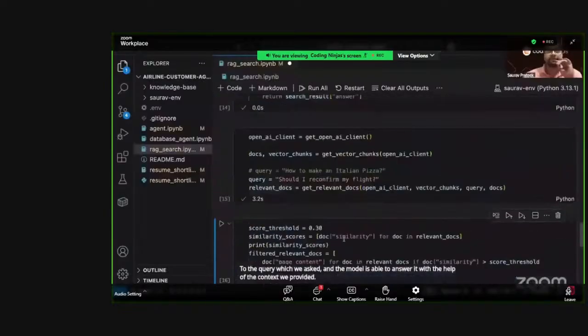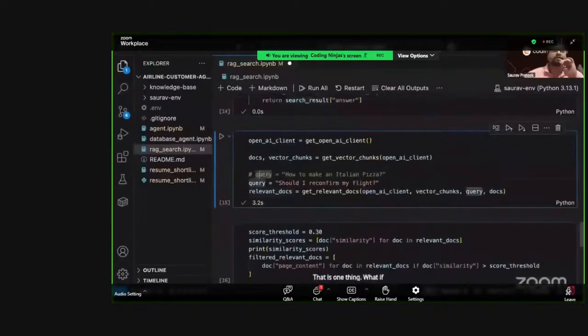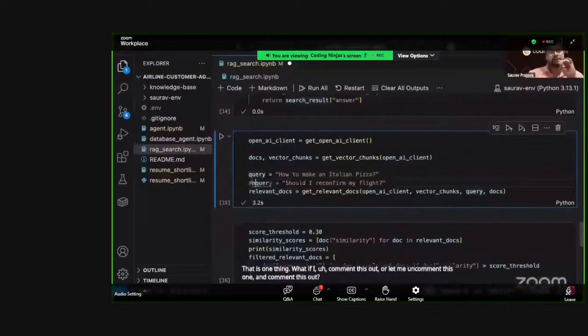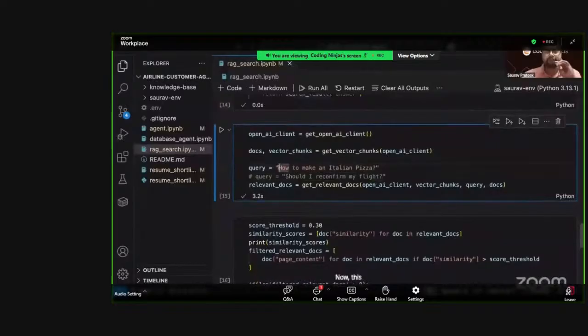That is one thing. What if I comment this out, or let me uncomment this one and comment this out. So this time I am asking how to make an Italian pizza. Now this is a kind of query which you basically cannot ask an airline company. So the airline company shouldn't be able to answer this. So if I run this,